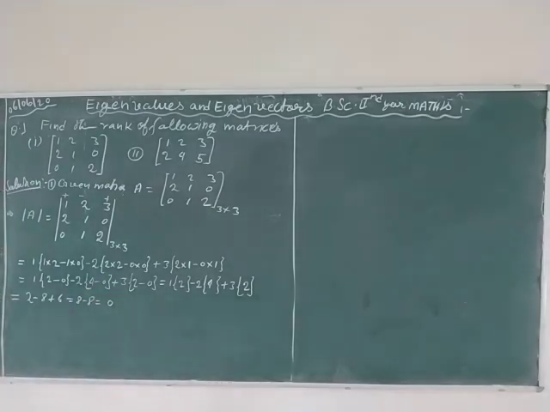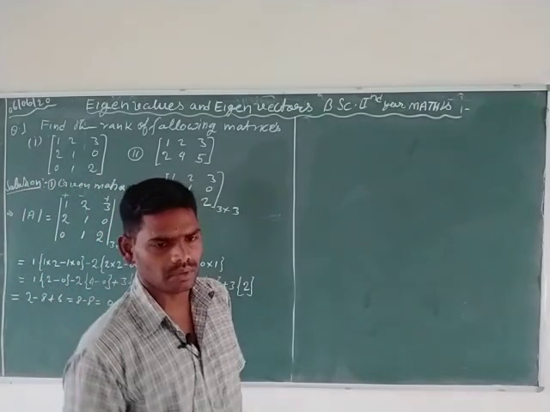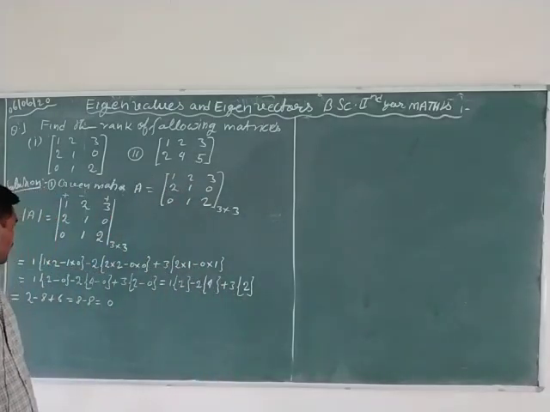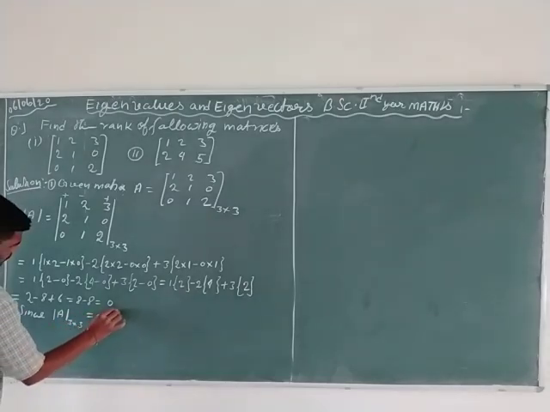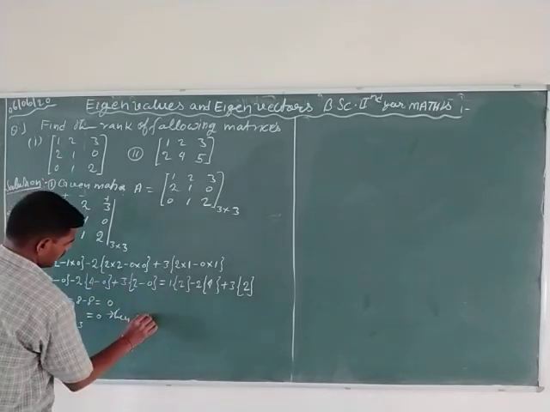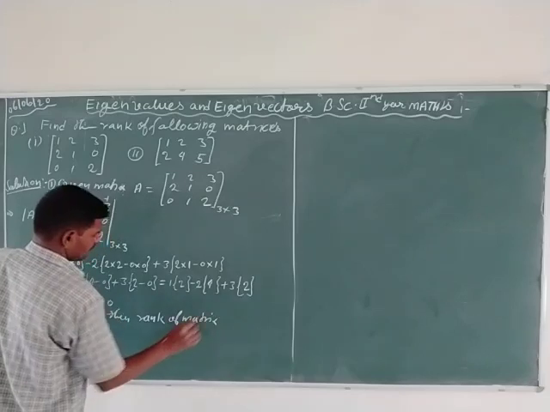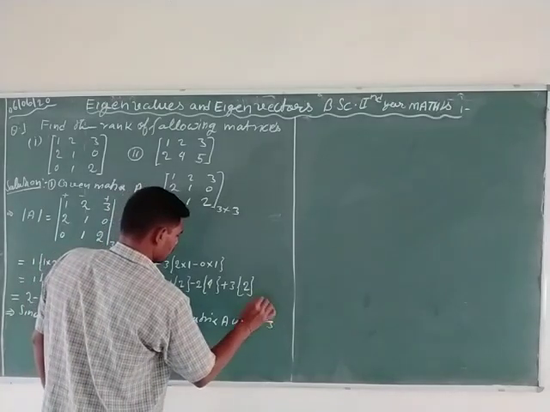Here the determinant of the given 3 by 3 matrix capital A is equal to 0. Therefore, according to the rules of rank of a matrix, the rank of matrix capital A is not 3. It is implied that since the determinant of A of 3 by 3 order is equal to 0, the rank of matrix capital A is not equal to 3.